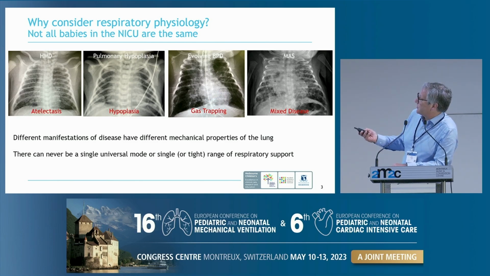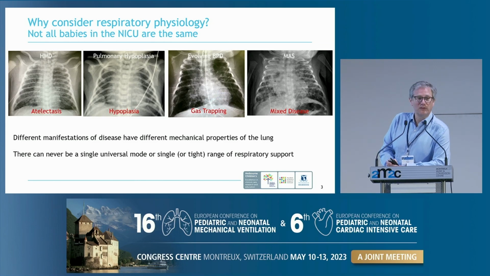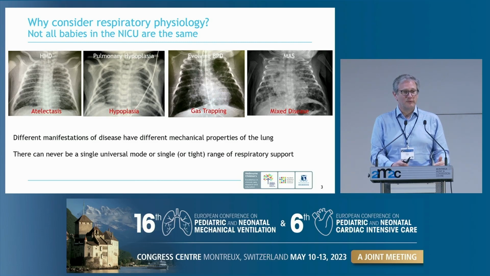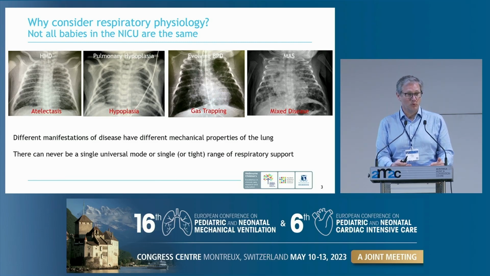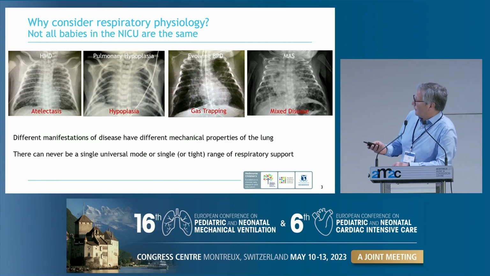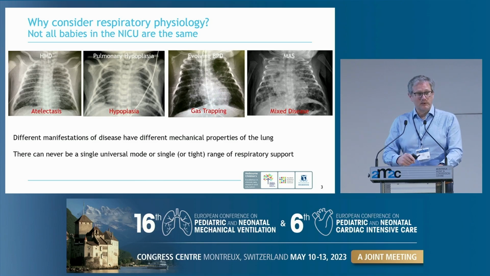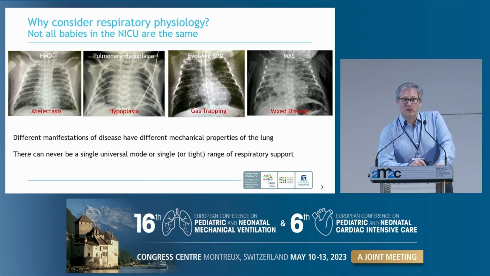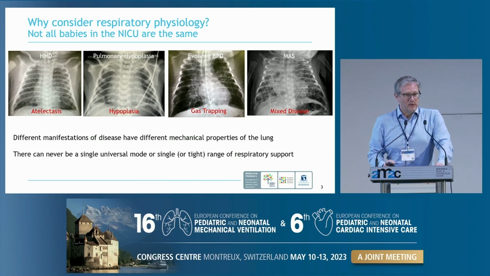This is an area which I particularly am interested in myself, and I think an area that we need to always remember. A small lung may not be a surfactant deficient lung, it may just be a small lung, and that needs a different approach to our understanding. Unfortunately, one thing neonatologists have historically been very good at for more than 50 years is creating lung injury. Whenever we think we've solved one type of lung injury, we invent a new type. So we've gone from barotrauma to volutrauma to atelectotrauma to rheotrauma to ergotrauma. So we just keep moving between them.